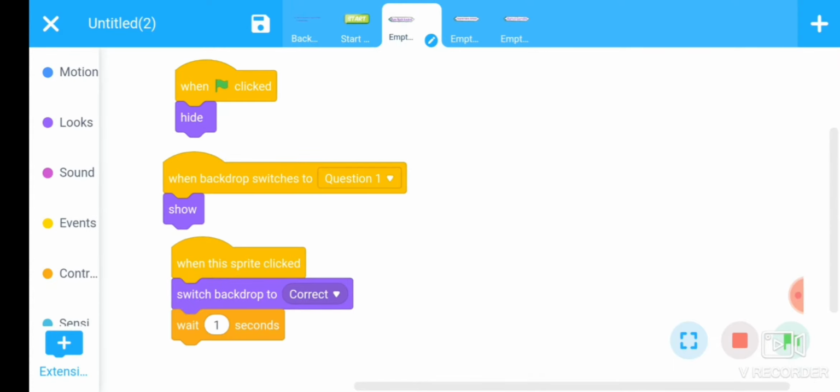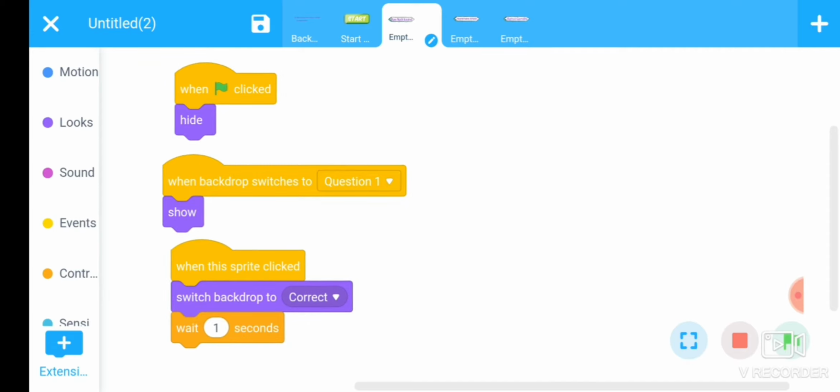Again look at here. Our first command is whenever the flag is clicked, this button Ramnath Kovind, this option should not be shown on the screen. For this we have used the hide command. When the backdrop switches to question 1, this option should be shown on the screen.